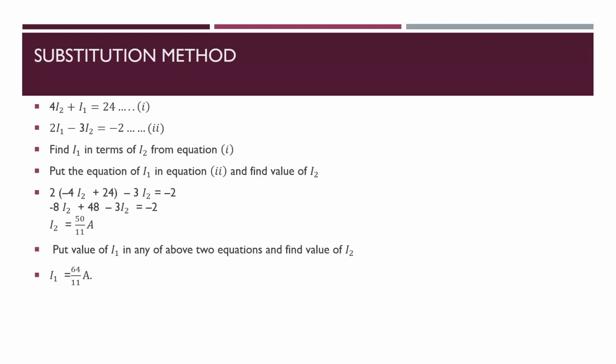Here I have taken one example. There are two equations of I1 and I2: I2 plus I1 is equal to 24, and 2I1 minus 3I2 is equal to minus 2. You have to solve these two equations. You can choose any equation and write I1 in terms of I2, or I2 in terms of I1, and then simplify the equation like this, and then you will get the answer of one variable first, which in this particular example is I2 equal to 50 by